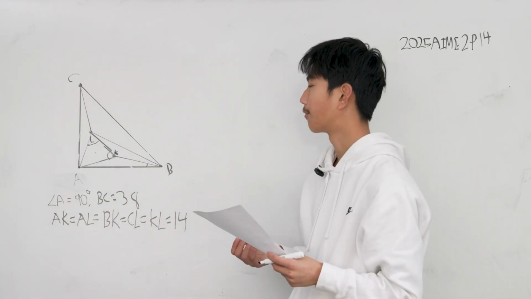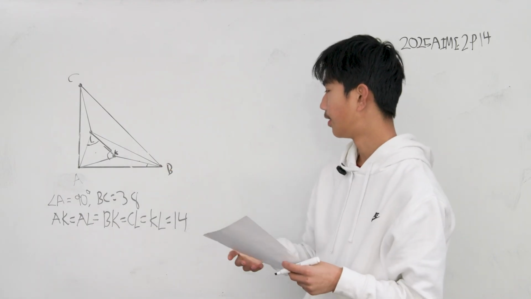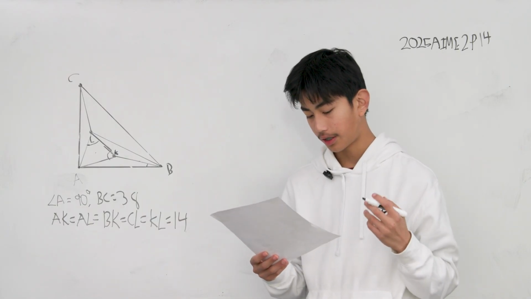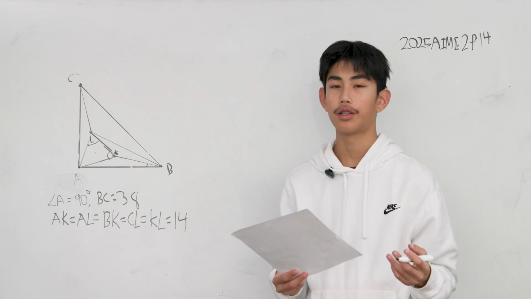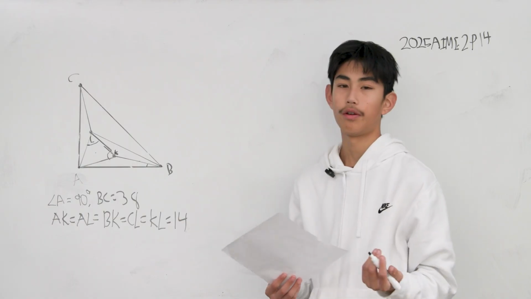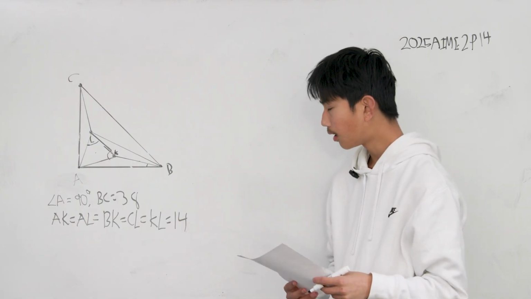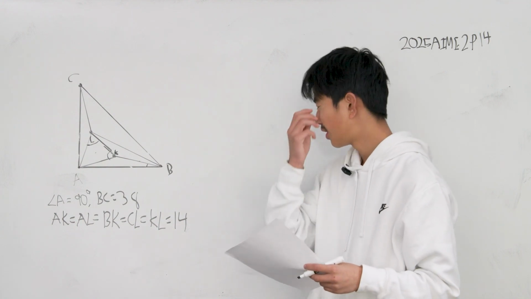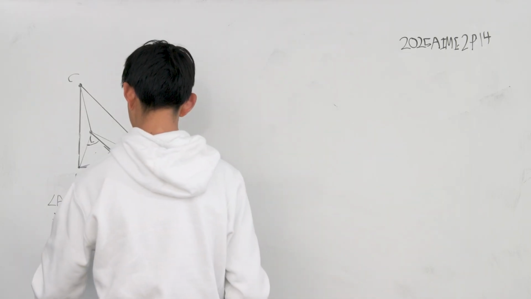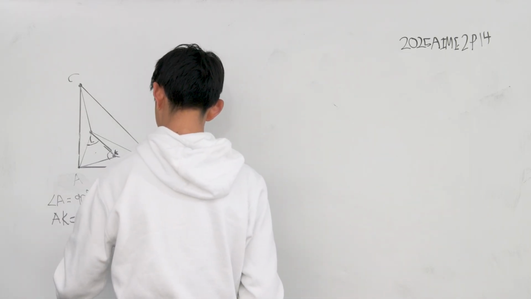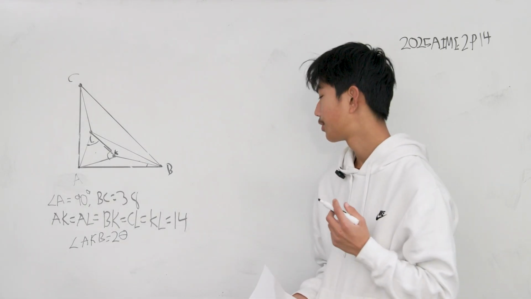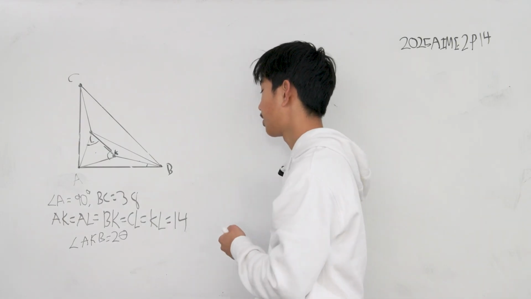So the main insight for this problem is you basically do all this angle chasing to find eventually the desired area. So you want to find a desired angle that will greatly help us solve this problem. What we can observe is that if we let angle AKB be 2 times theta, this makes it a lot simpler. If it's 2 times theta, then